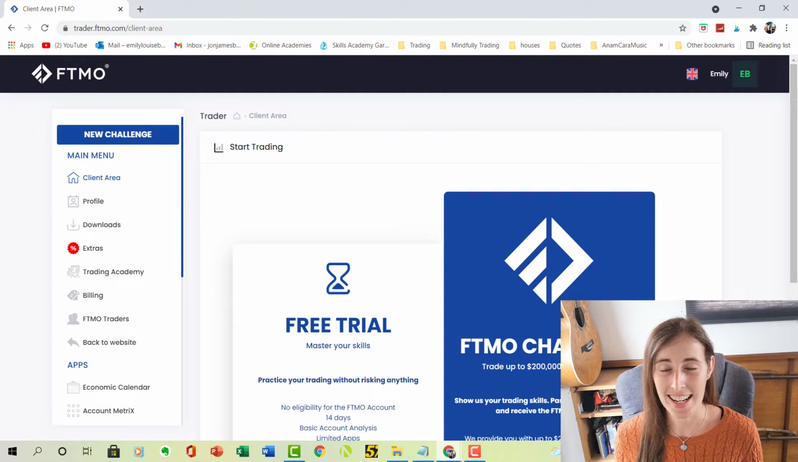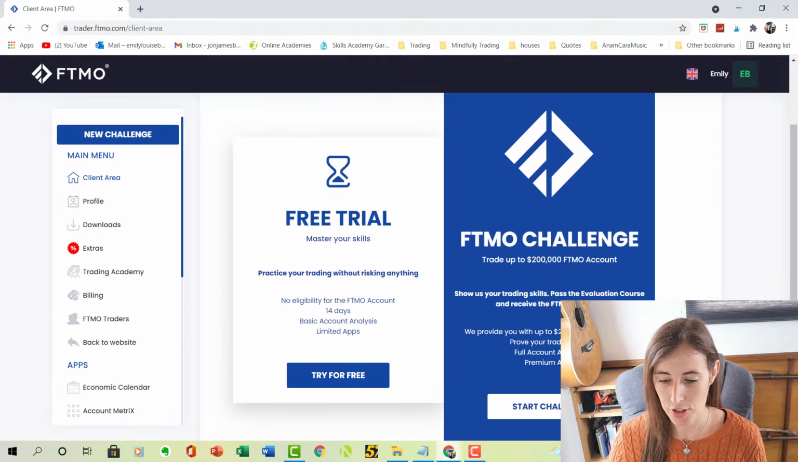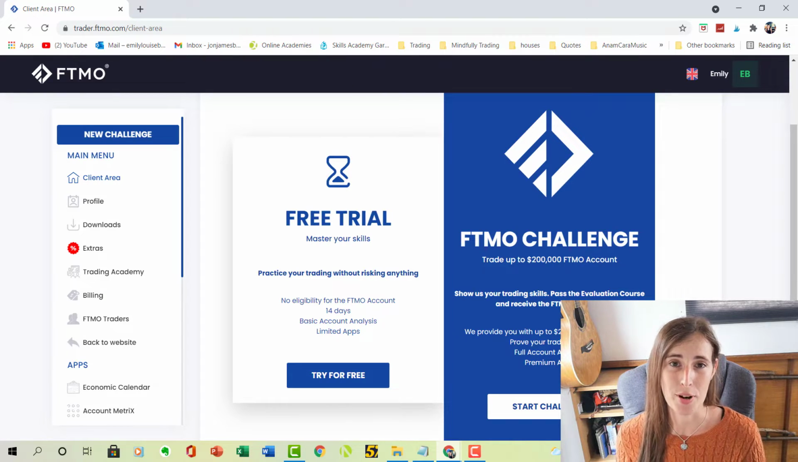Okay, so I've just created an account here with FTMO and I've logged into my client dashboard, and on the home page here I've got two options. As you can see, I can either click to try my free trial, which I will do in just a moment, or I can choose the option to start a paid challenge. Now, just before I complete the process to sign up for my free trial, let's just explore the options here